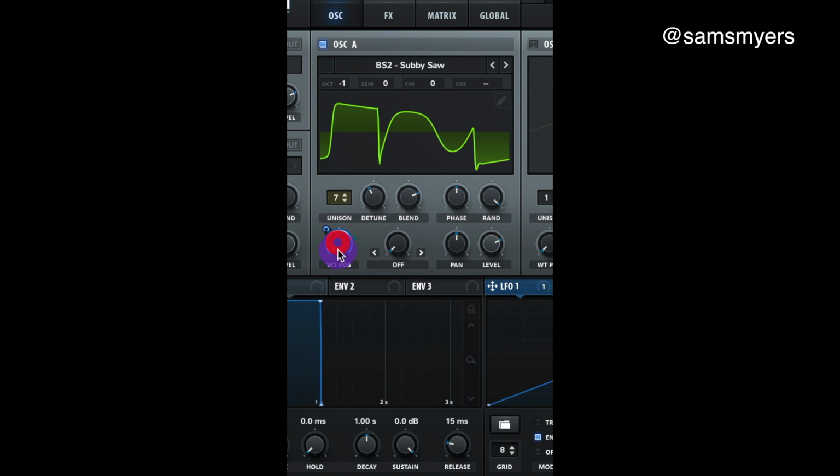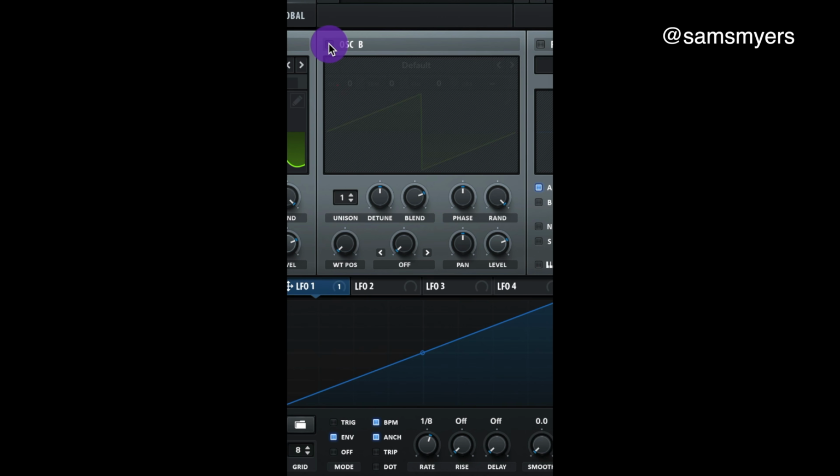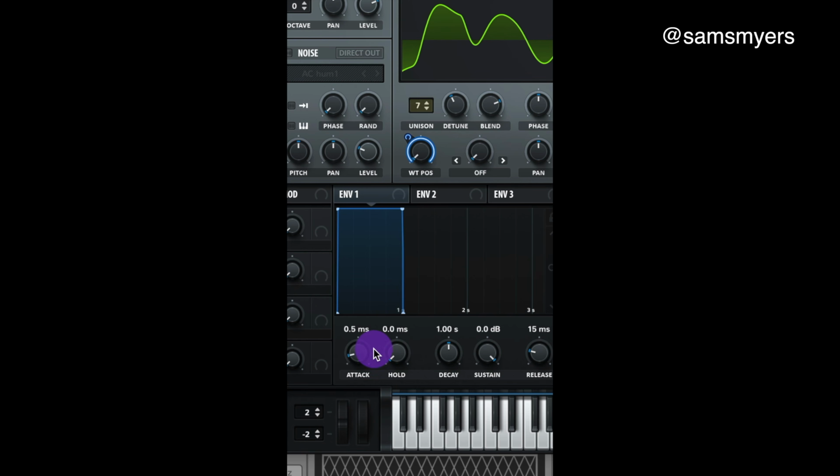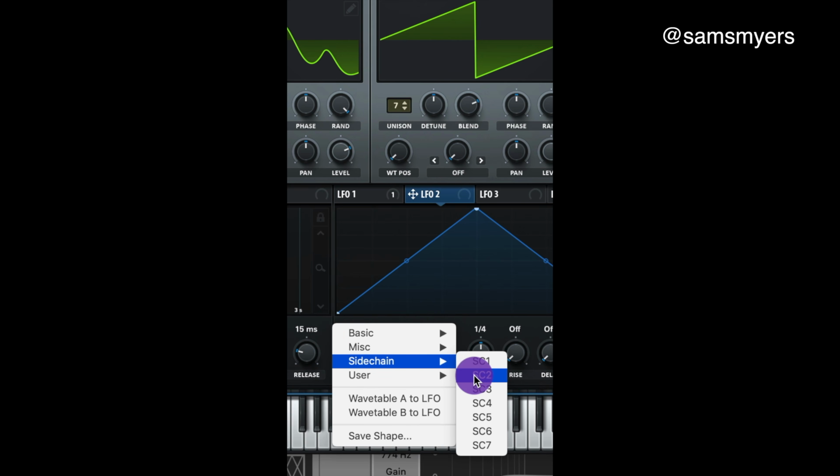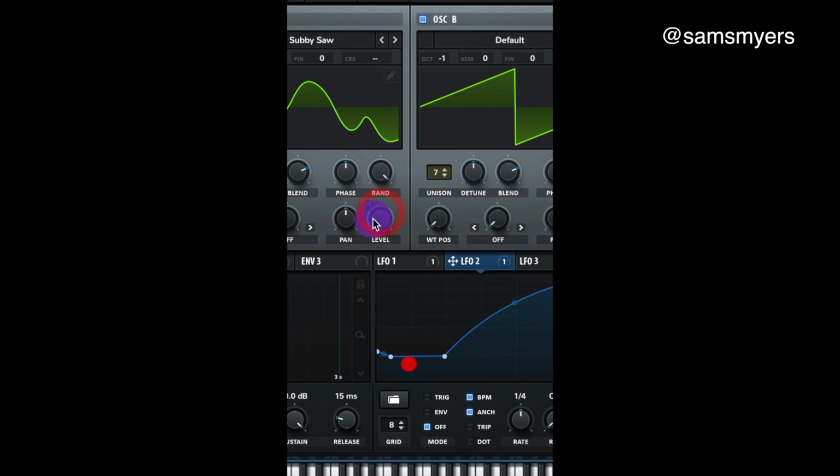Assign alpha 1 to your wavetable position on oscillator A. Turn on oscillator B, lower the octave -1, raise up the unison to 7. Let's adjust your envelope 1 a tiny bit so it looks like this. Go to alpha 2, let's do sidechain 2, assign it to the level of oscillator A and also the level